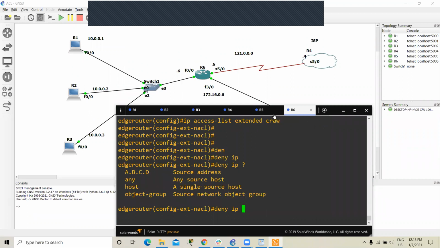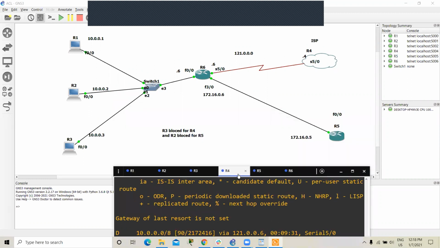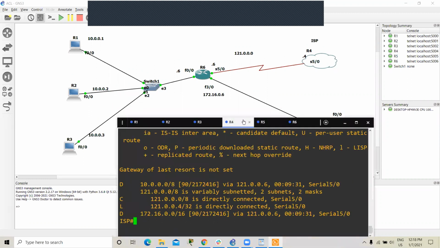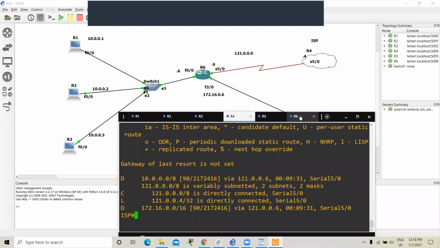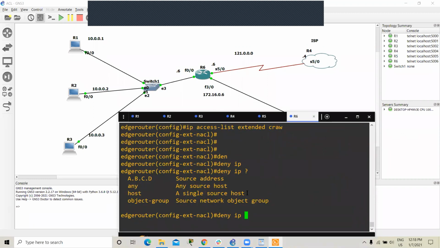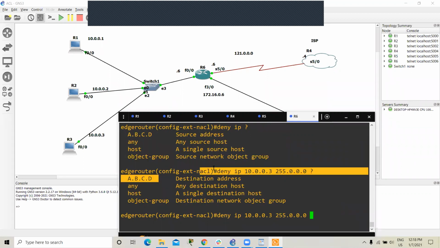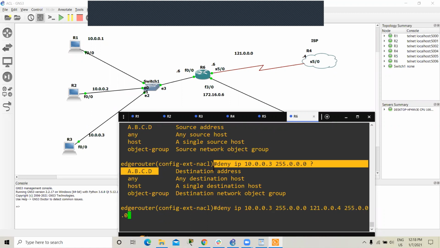Here router 3 is blocked for router 4, so source IP 10.0.0.3 with its subnet mask, and then the destination IP, 121.0.0.4, with its subnet mask.